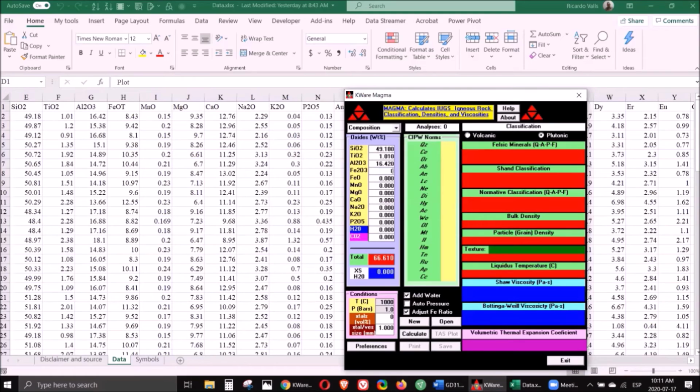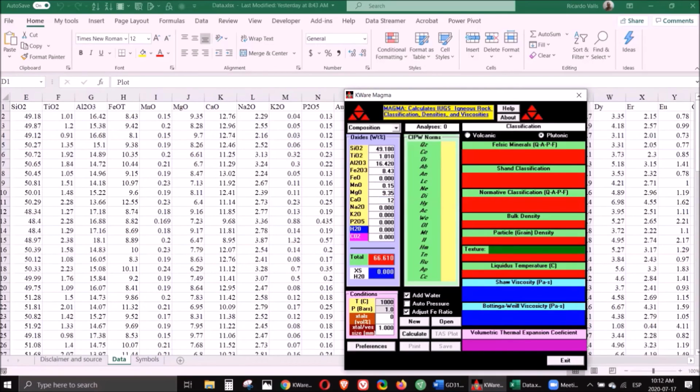So total. And then I leave the other one 0. The program will estimate the value of FeO. Manganese 0.15, magnesium 9.35,